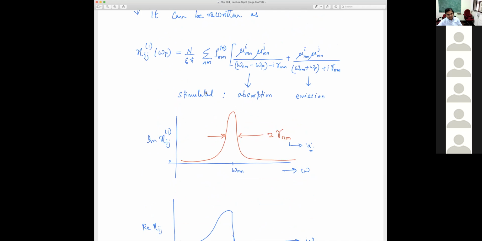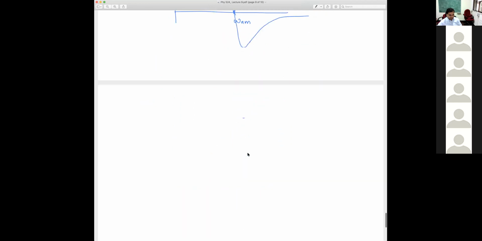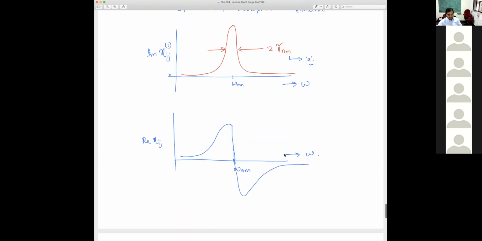Okay. But Kramers-Kronig is just a relation. If I know the imaginary part, then I can calculate the real part in terms of the imaginary part. So that's all to be known. If I measure absorption, that will give me, let's say, the imaginary part of the susceptibility. And using that, I can calculate the real part. So I do one measurement, and I will have both the imaginary and real parts, just because they are related by Kramers-Kronig relations. Okay. So that is important. So this is from yesterday's lecture.